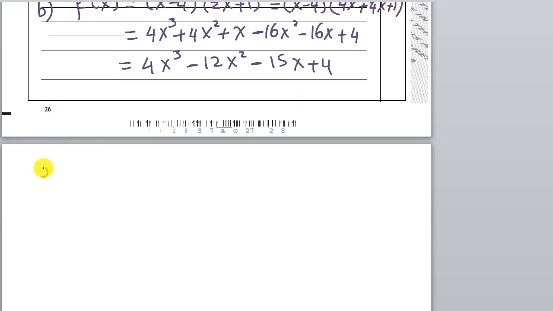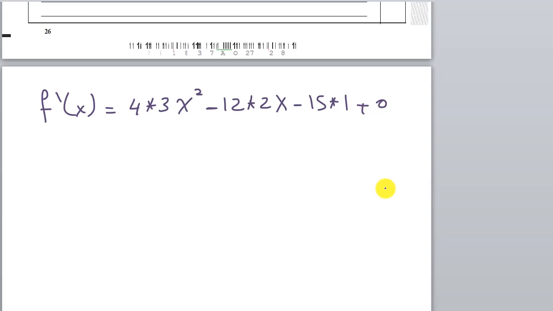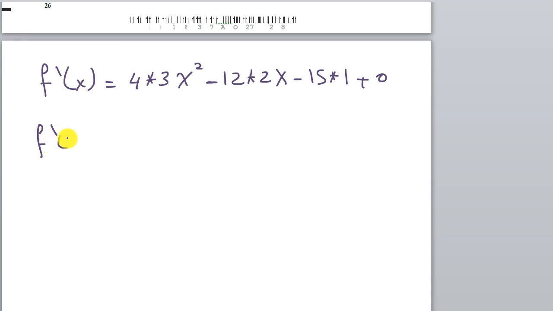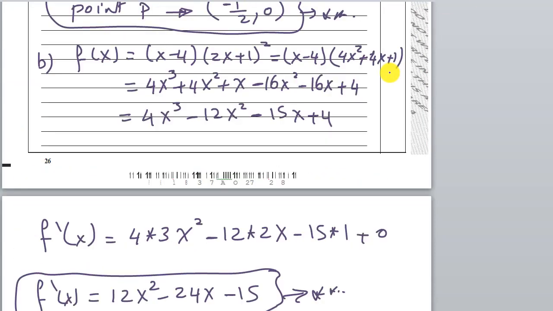So f dash of x equal to 4 multiplied by 3x squared minus 12 multiplied by 2x minus 15 multiplied by 1 plus 0, of course. So f dash of x equal to 12x squared minus 24x minus 15. And this is the answer of f dash of x. Let us go ahead to another part